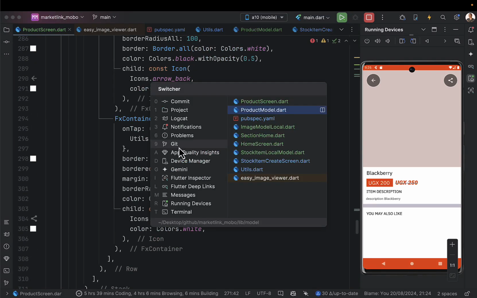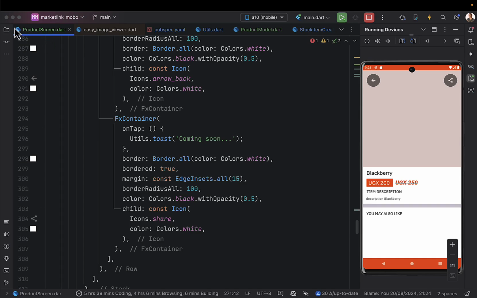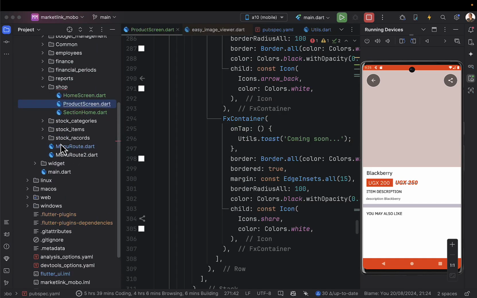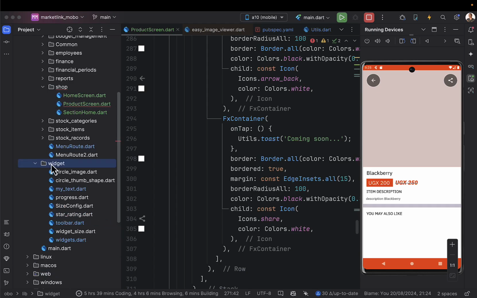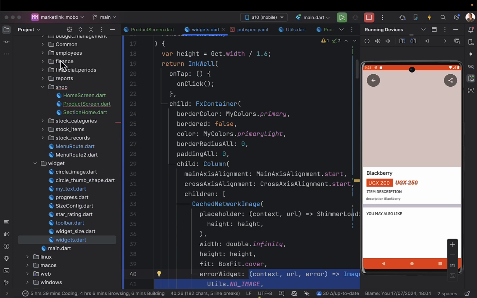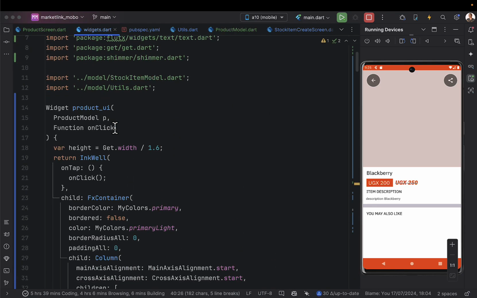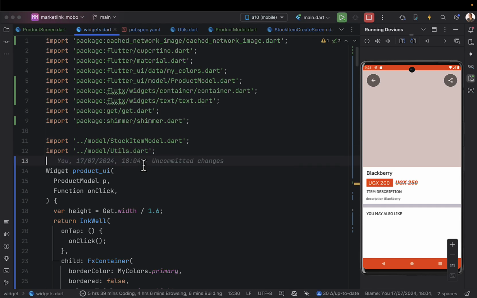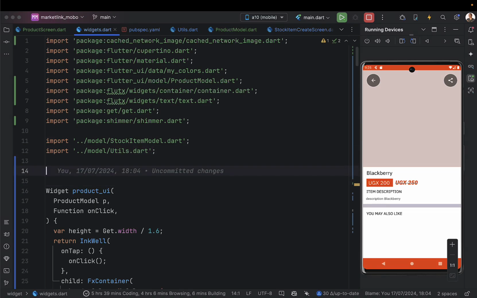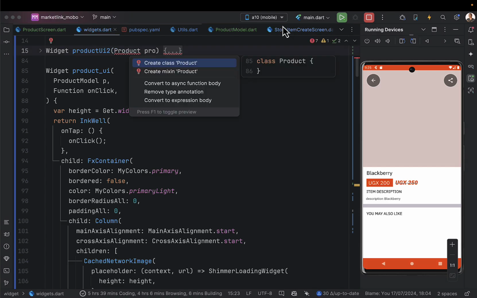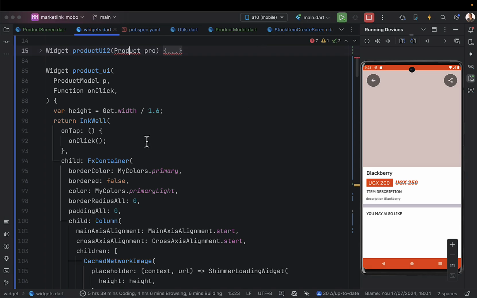Let's go ahead and put it in our widgets. Come here to widgets. You can put it anywhere, but for me I like organizing things and putting them in widgets. So this was the product UI 1. Let's make this one product UI 2. Right? So it's going to accept the product model,